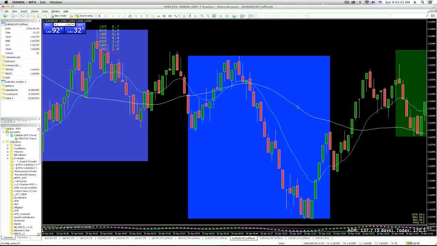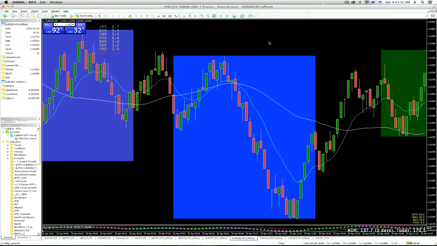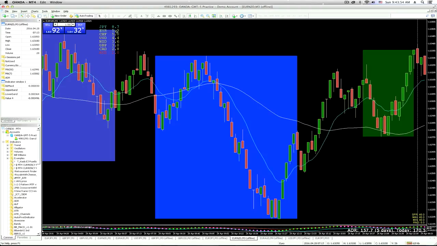Anyways, I hope this overall gives you a good idea of what's going on the charts with this 1, 2, 3 type setup, and what you want to look for and what you don't want to look for. Once again, you want clean price action. You can also use something like this,